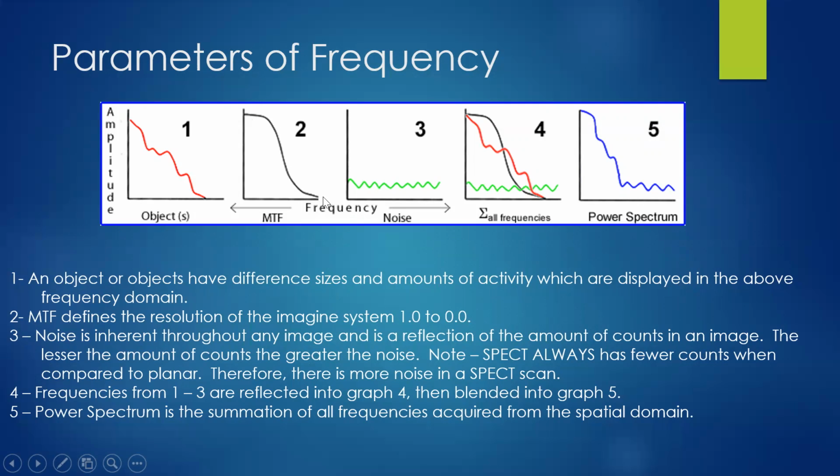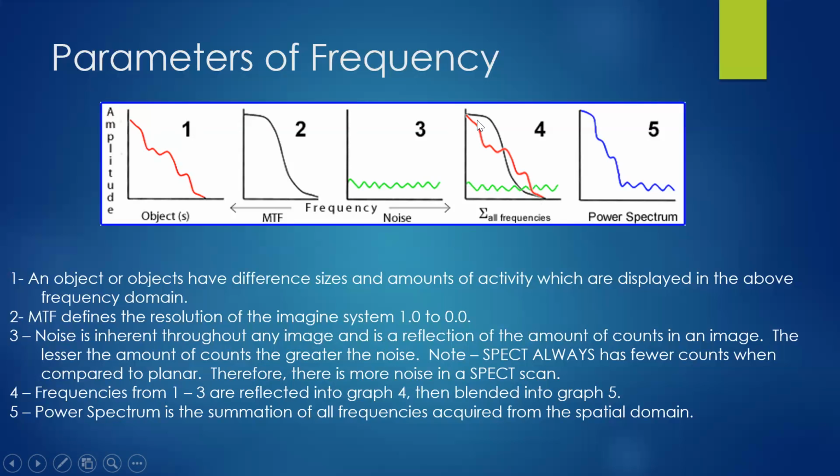1.0 up here, 0.0 down here. Number three shows us where the noise is. Noise is always inherent in any imaging system. Obviously, the more counts you have, the less noise there is. But noise is based on the lack of counts that are present in a system. And then number four, I blended 1, 2, and 3 to overlap everything so we can really see